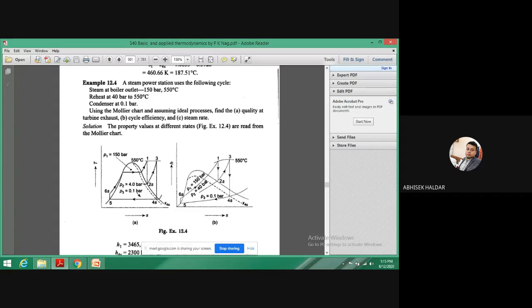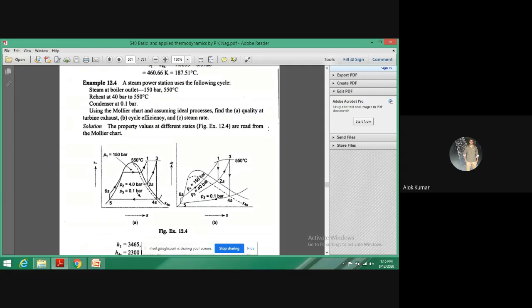It may not happen. That means it is lying in between 0.8 and 0.9. Then you have to see the graduations, so it is 0.85 or 0.86 that you have to find out. It is approximate; in place of 0.86, it may be 0.87. That will not be wrong, but you have to find that value directly from there. So without doing any calculation, I can get the quality of the turbine exhaust, or not? Tell me.